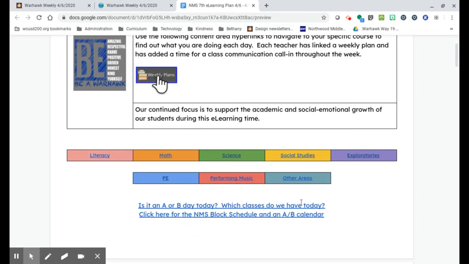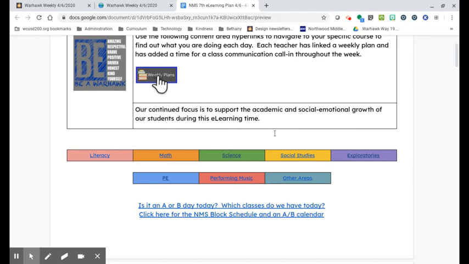We received some feedback that Canvas was a little overwhelming for parents to go into. It's not as parent friendly as it is student friendly. So we wanted to make sure we had a spot for you to go to. Not to say that students couldn't utilize this as well, but we really created this to help our parents stay involved.